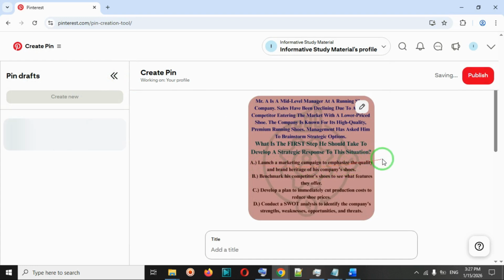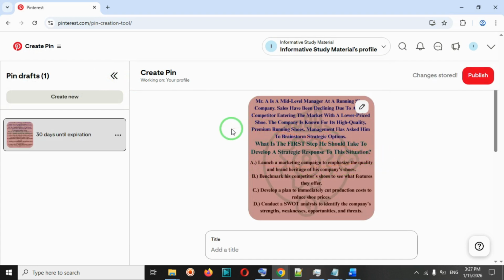Obviously you can upload an image if you have the image name